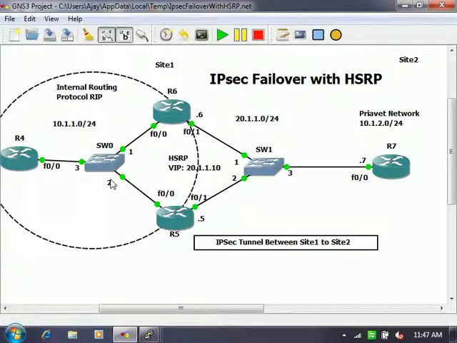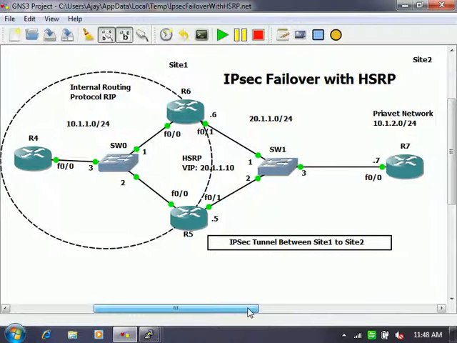But again, in practice I don't see people using this kind of failover. The reason is very simple: how will a remote user come to know that my failover has occurred at the remote site, right? Because if I am a remote user, I only know 20.1.1.10. How will I come to know that my remote site, who are members of one HSRP group, took a failover? At what time should I clear my crypto session and initiate again? So that's why it is not feasible.